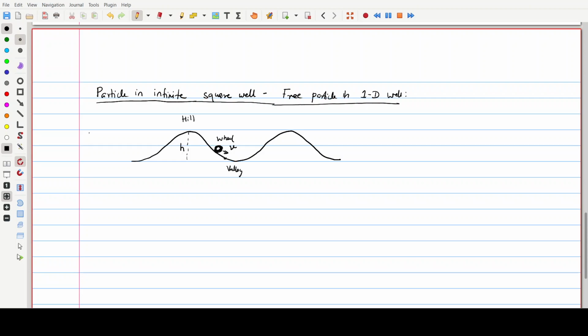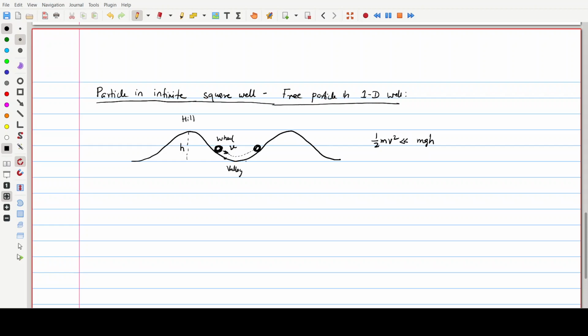The maximum height of the wheel is h, and the wheel is moving with some initial speed v. Here we assume that the initial kinetic energy of the wheel is much less than the maximum potential energy of the hilltop. So obviously this wheel will not be able to cross this maximum height, so it will just move between some certain positions